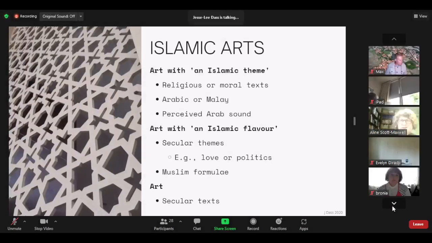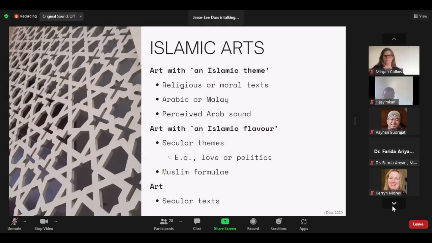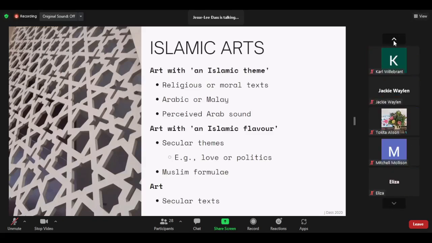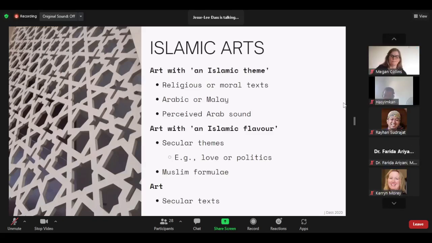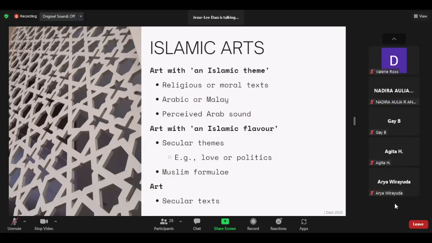So first we've got Kesenian Islami, or art with a Muslim style, which includes musical performances with a religious or moral text, usually sung in Arabic or Malay. Its melodies have a Middle Eastern sound based on an Arab-style heptatonic scale, or its lower or higher tetrachord, connoting the religious purity of the Arab center of Islam.